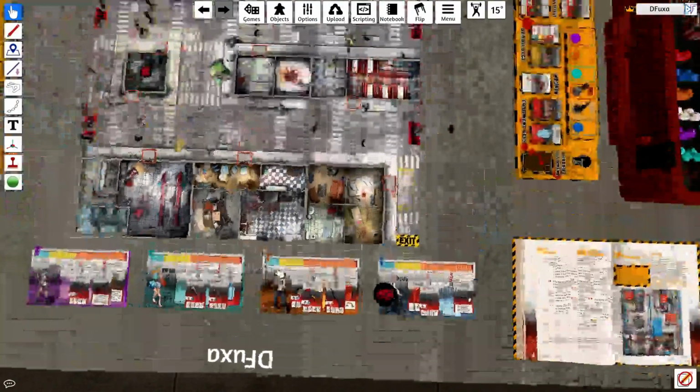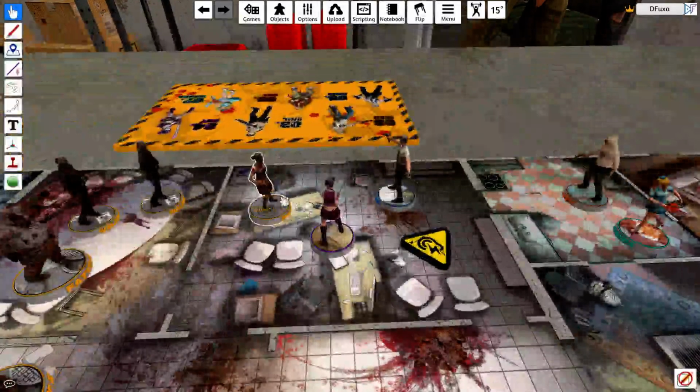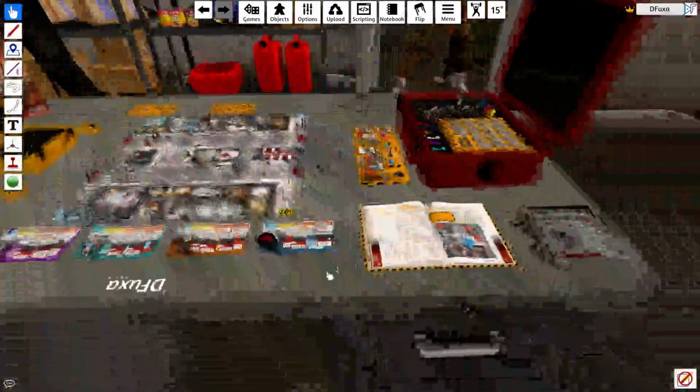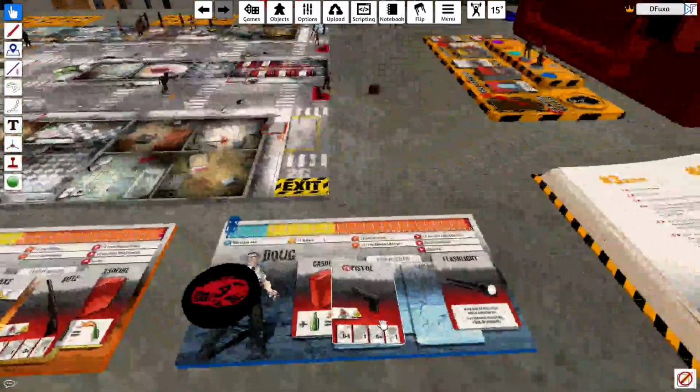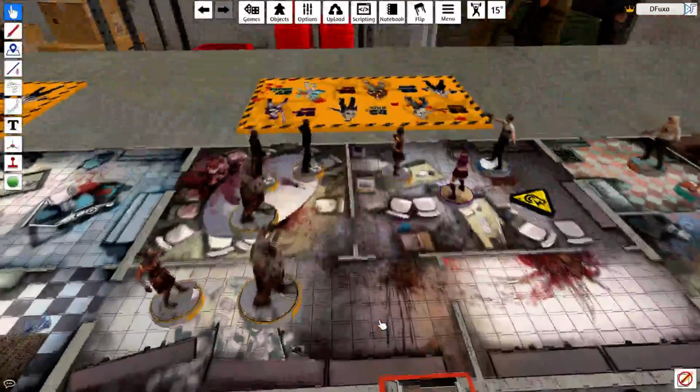Now, Doug's basically got a bit of a situation here. He's got himself in with one walker, and he's got Amy here. He could fire his pistols at this guy, but if he does, he's actually going to hit Amy first, so what he might actually do...